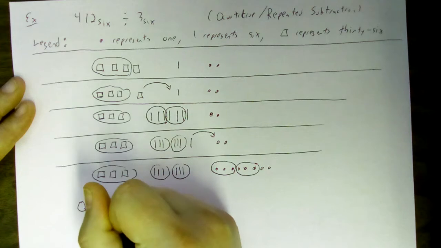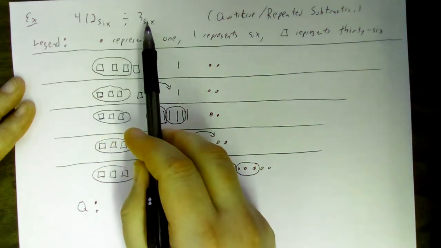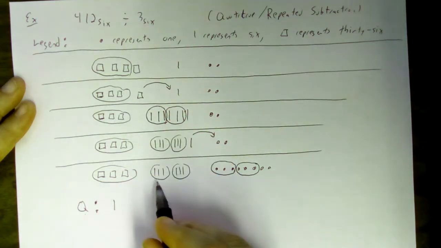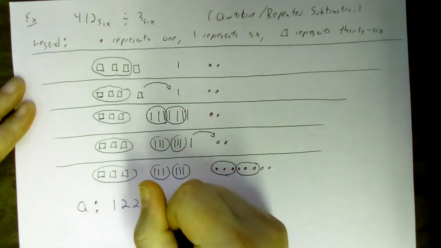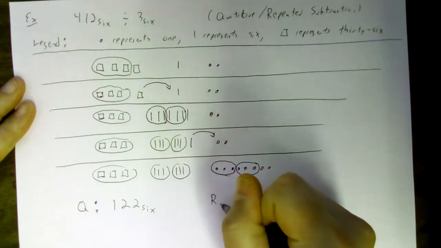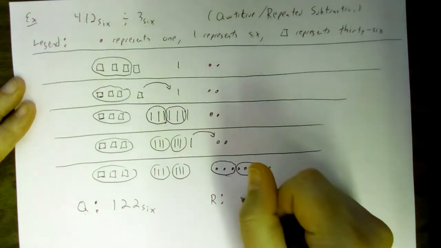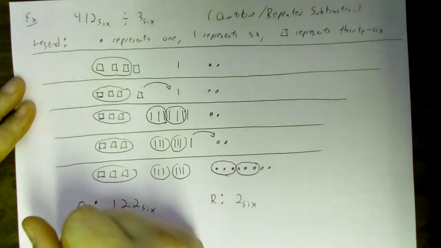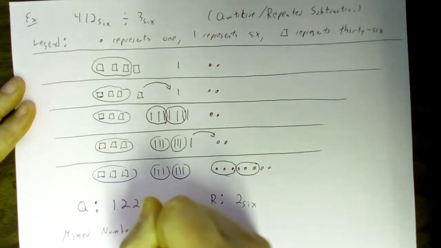I'm finished. My quotient is the answer to the question, if we make groups of size 3, how many groups can we make? We made one group in the 36's place. We made 2 groups in the 6's place. We made 2 groups in the 1's place. So our quotient is 1, 2, 2 in base 6. Our remainder, there's 2 1s that are left over, or there's 2 in the 1's place, or 2 in base 6 as our remainder. If we wanted to give our answer as a mixed number, then remember that the answer